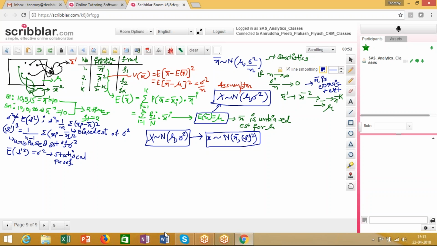So if the population is this, then this sample will have mean x bar and variance s dash square, and using these estimators or statistics we can frame an idea about the population parameters, right? Now,